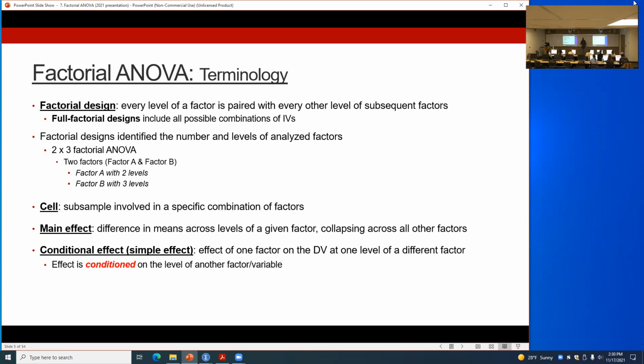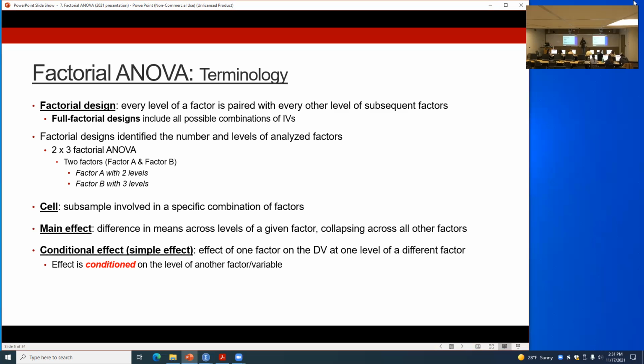Thinking about our main effects as being row and column effects. Collapsing across this factor, what's the difference across individuals exposed to this or this condition? Collapsing across this other one, how do we see differences moving? Interactions are the effects of one factor on the DV at different levels of the other one. So when we get into some of these interaction effects, we're talking about these conditional